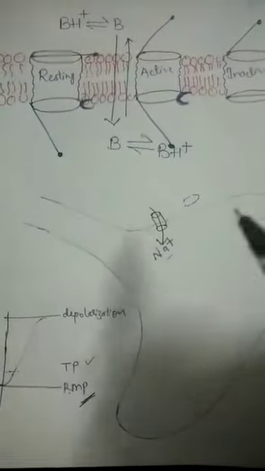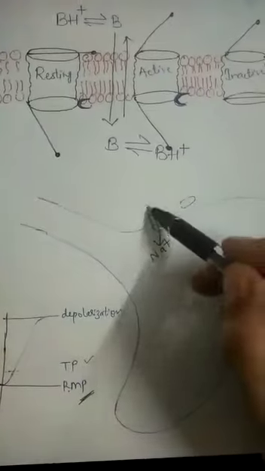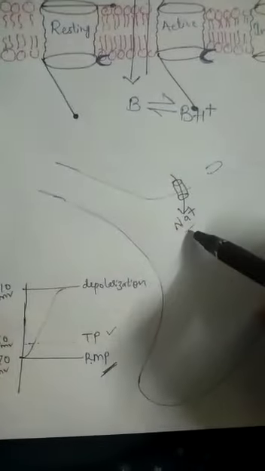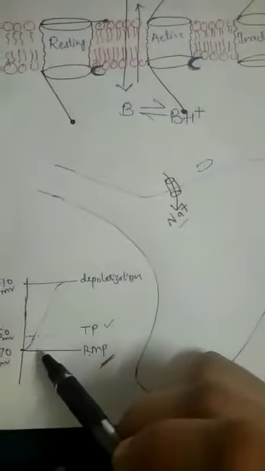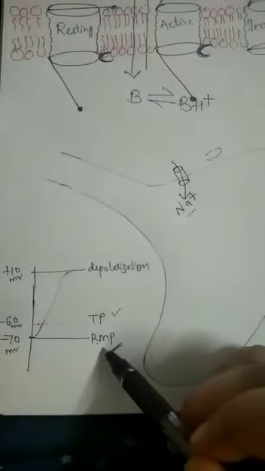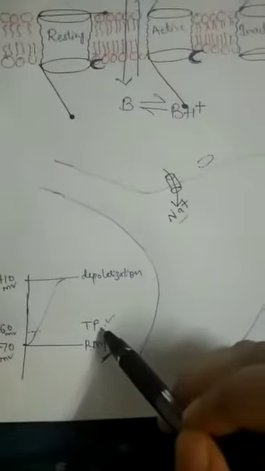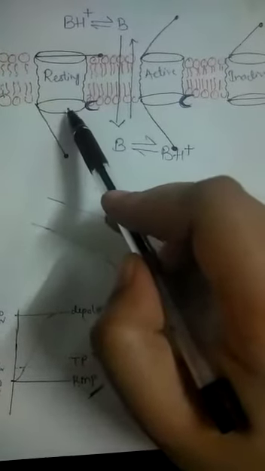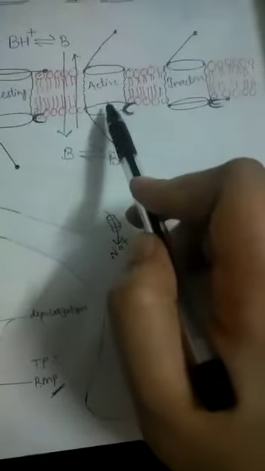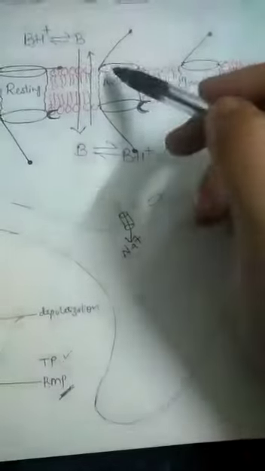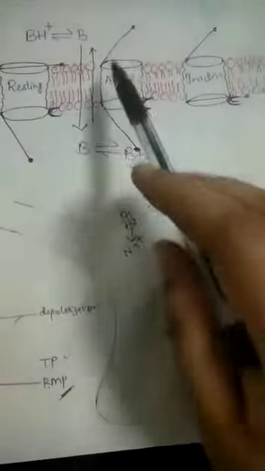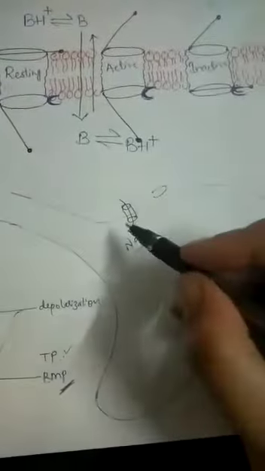Now when this particular neuron was stimulated, it causes entry of sodium ion via the mechanical gated sodium channel, and suppose this entry was sufficient to shift the resting membrane potential to the threshold potential. When threshold potential is achieved, the sodium channel which was at the resting stage shifts to the active state. In the active state these sodium channels have both the activation as well as the inactivation gates open. This is the condition of the voltage gated sodium channel when threshold potential has been achieved.